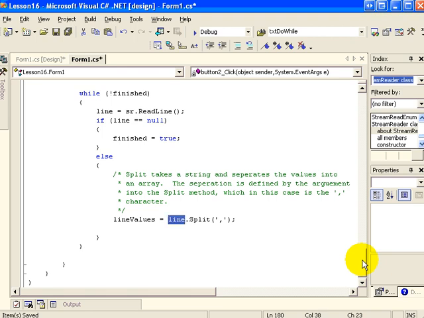And essentially what I've done is passed in the comma character. Now, why didn't I do this instead? Because the double quotes indicate that we want to pass in a string literal, but what this split method needs is a character literal, just one character. So that's why we use the single quotes instead. Okay? Now the next line of code will be